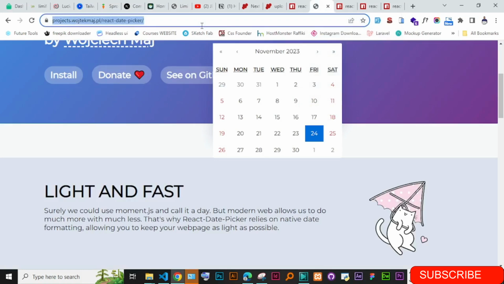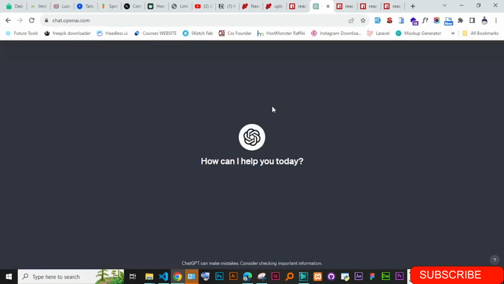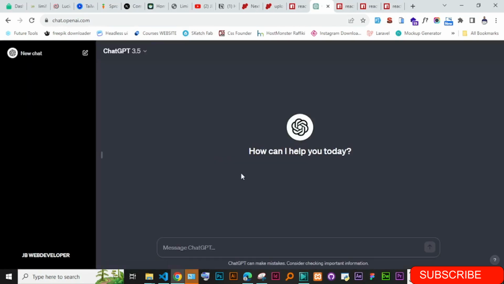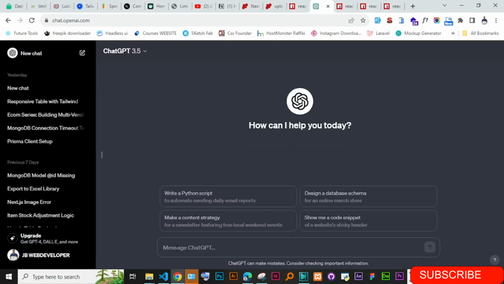We could really create this ourselves, but this is very easy to show you ChatGPT. So I'm just going to say: create a function that generates a coupon code